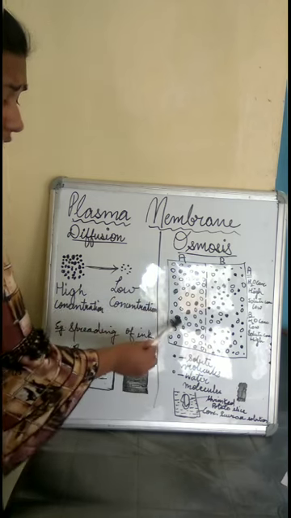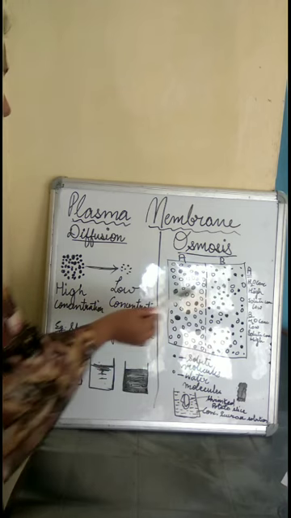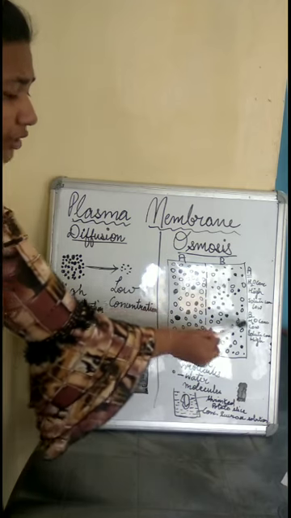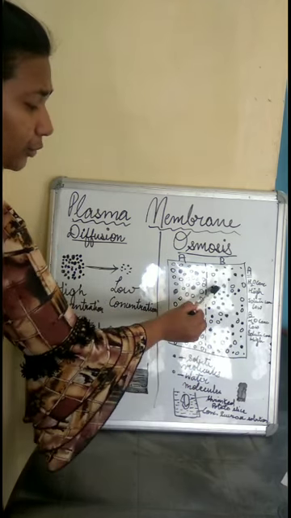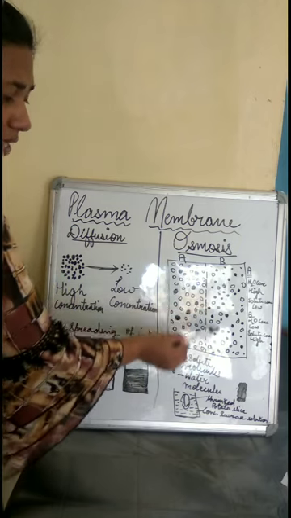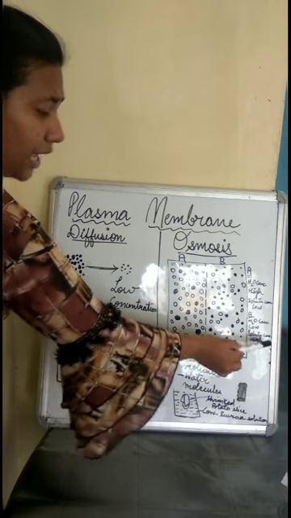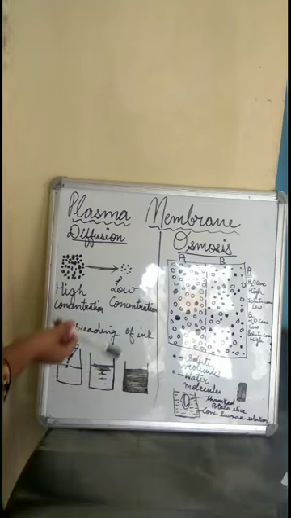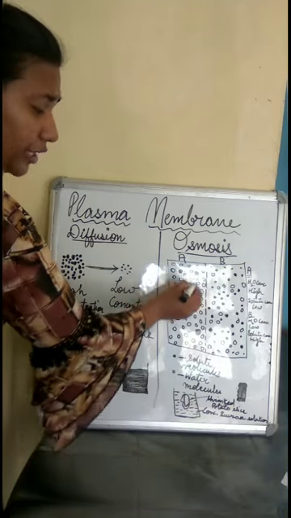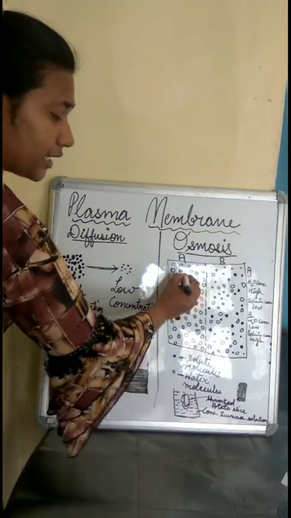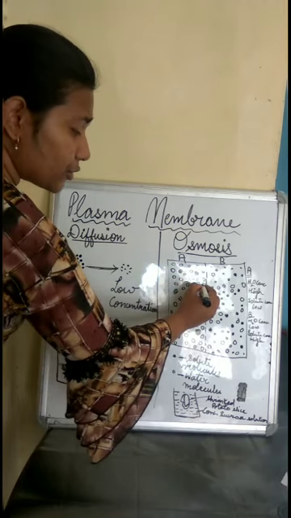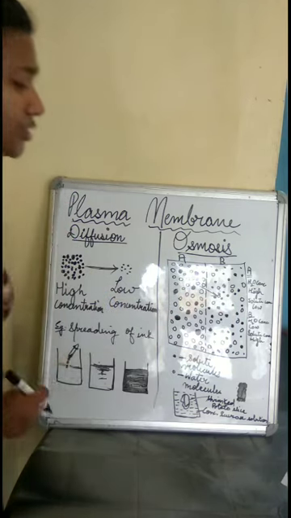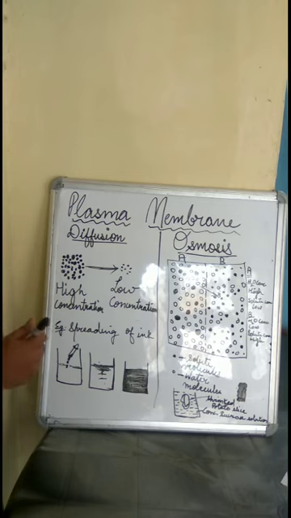So here there are very few solute particles, whereas if you see this side B, or chamber B, here the concentration of water is low, only a few white dots are present. This represents the water molecule, and the solute concentration, the black dots, are present in high number. So the water molecule is more here. So here the concentration of water molecule is high. So it will move from a region of high water concentration to a region of low water concentration.